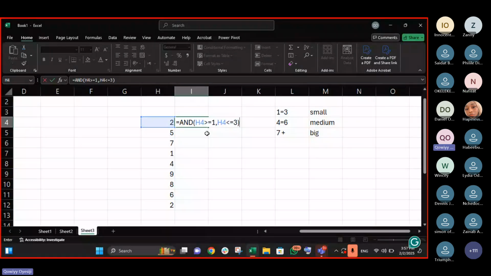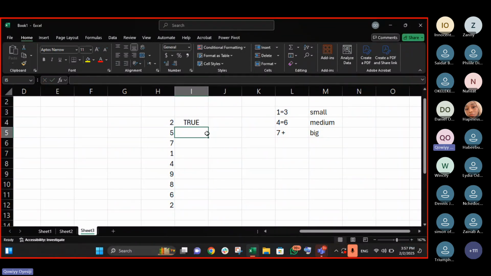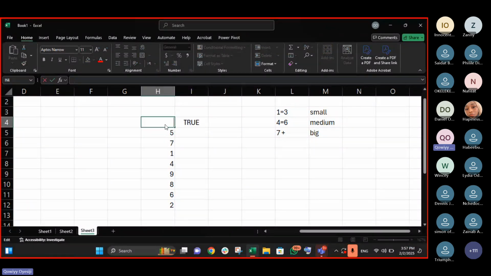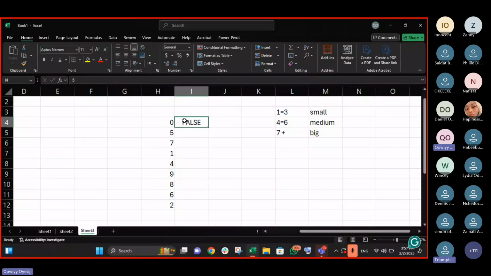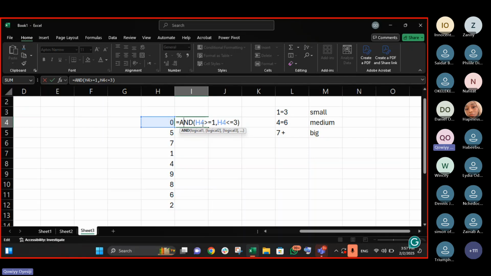Yes. Because this one is saying from 1 going up, and that's saying from 3 coming down. That means the lower limit is 1 and the upper limit is 3. So for me to get 2, it must be 2, because 2 falls between 1 and 3. Now I have 1 here, it is still 2. If I have 0, will it be 2? No. Why? Because 0 is not greater than 1, and 0 does not fall between the limit of 1 to 3. Is that clear? Yes.